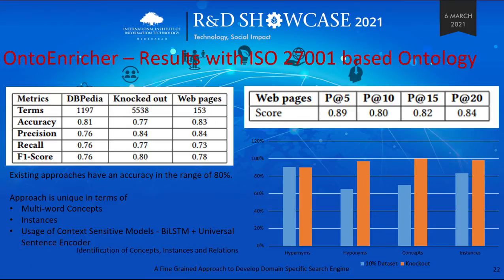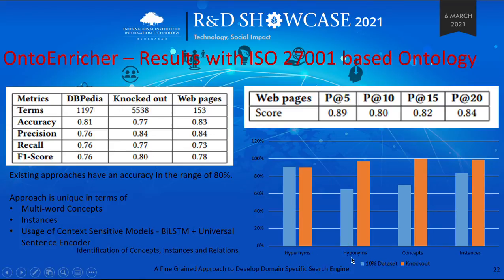We performed this against the DBpedia dataset, removing some ontology concepts from the seed ontology, and also some web pages that we got from the extracted content, on random text. In all, we could see that we performed close to about 80%. And when we did a random test, we also saw that we have a precision of about 84%.